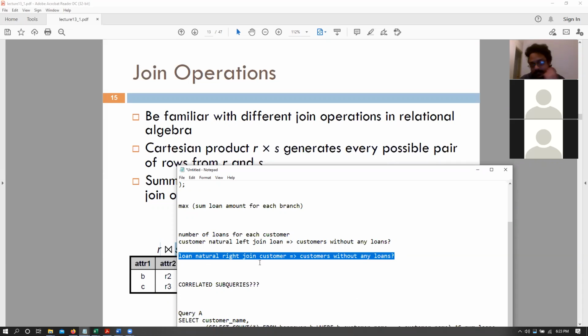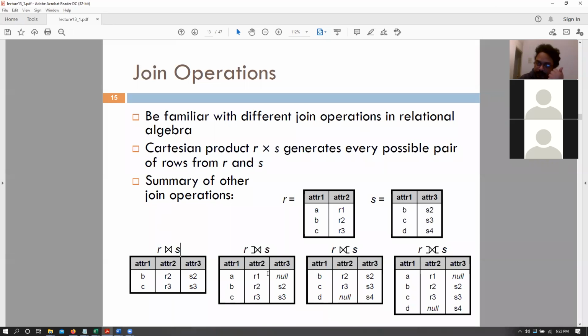Would we now get customers, right? We would now get customers without any loans, right? Exactly. So that is the difference between a left join and a right join, right? So we just say what values we always want and then perform the join operation. The left join says we want the values from the left table always. The right join says we want the right table always. And the full join says we want all tables whether you have values or not. We want all values from all tables. Right? Okay.